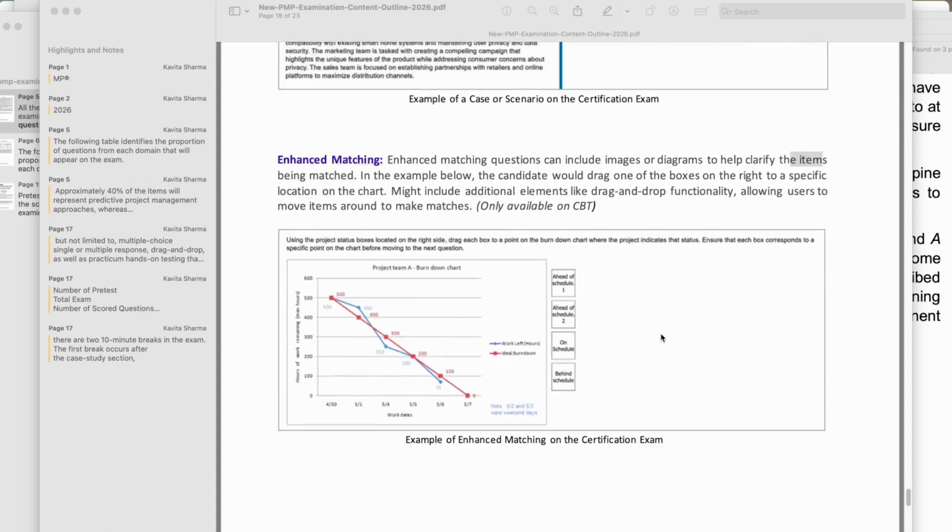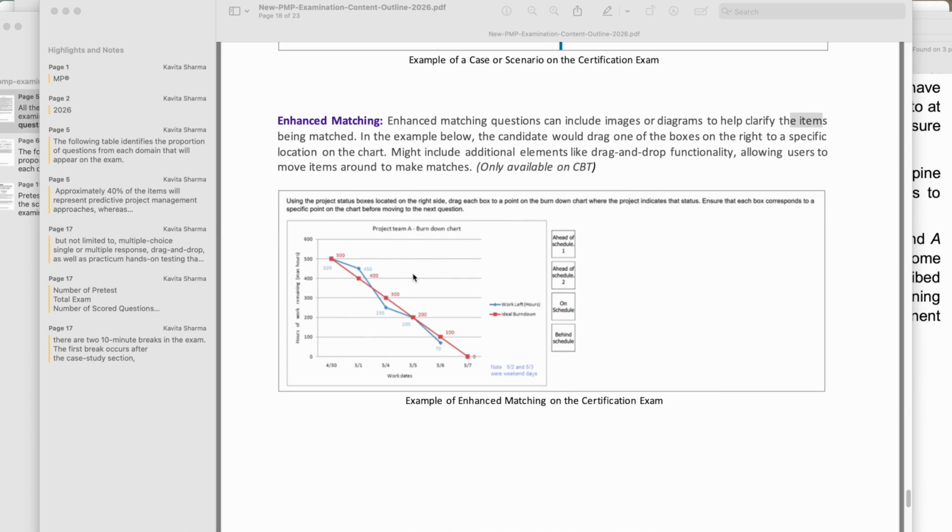The next type of question is enhanced matching. These are questions which will show you some kind of scenario and some kind of drag and drop. For example, in this scenario it says you need to click and drag and put it out here, as to where exactly the schedule is: ahead of schedule or on schedule, etc. So let's say you understand that on schedule is here; you need to click, drag and drop it here, and then drag and drop the other ones over